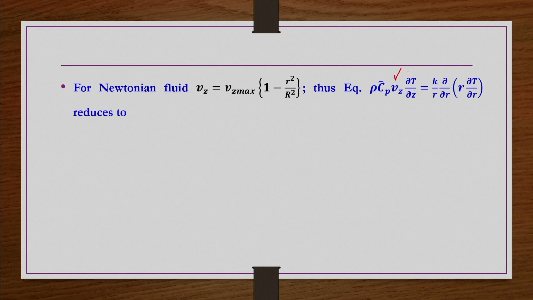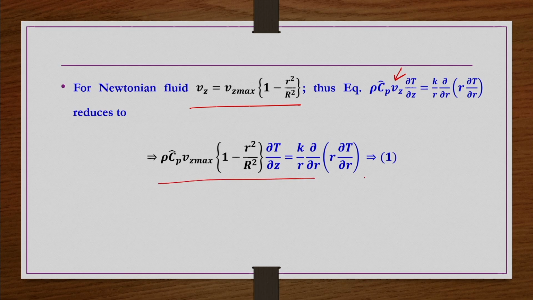Now here, in place of Vz, what do we write? We write Vz equals Vz max times 1 minus small r square by capital R square. So, this is what we are having, and this equation we have to solve. Obviously, from this equation we understand that we need two boundary conditions with respect to r, and one boundary condition with respect to z. The first boundary condition: at the center, temperature is finite. We do not know how much it is, we are just saying finite. Obviously, it cannot be 0, it may or may not be the maximum, that also we cannot say, but we are saying finite.